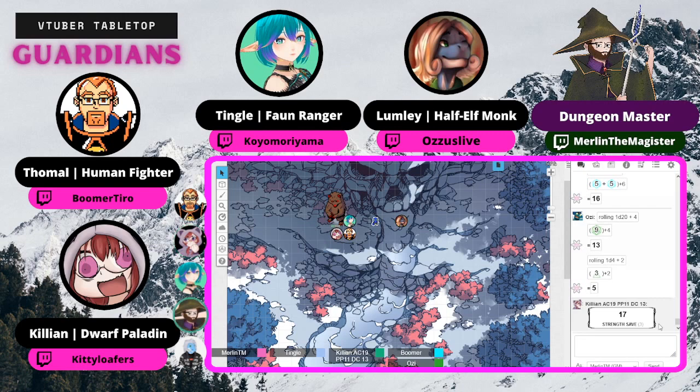Okie dokie. Now it is the bear's turn. It is going to make an attack against... Yeah, it's going to go after Tomal, because that was a lot of damage. That's definitely a miss. That's like a 9. Yeah, no. My armor's way better than that. Now it's going to cast Power Word Kill. I'm joking. Power Word Kill onto the Drake. Okay.